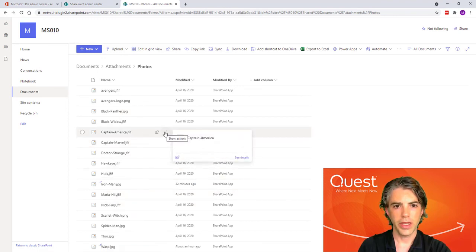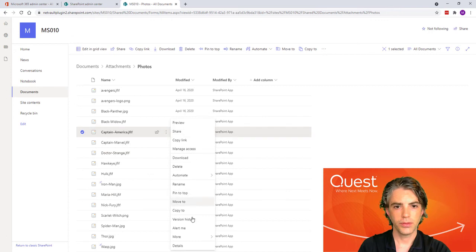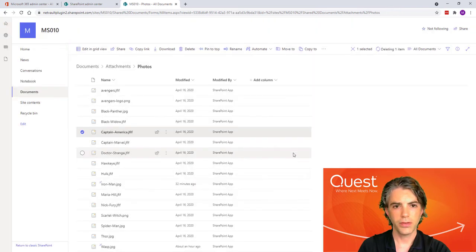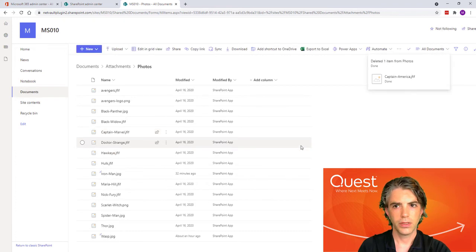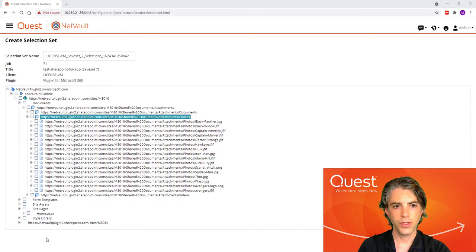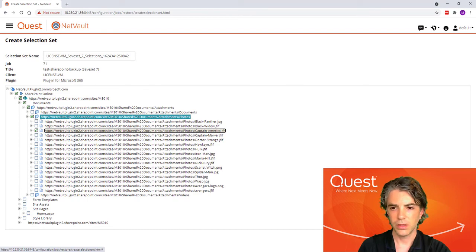Let's just say we don't like Captain America anymore, and we decide to delete that file. We can then go into NetVault and say, actually, I want Captain America back.